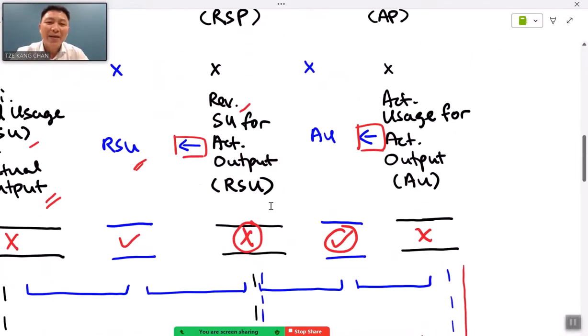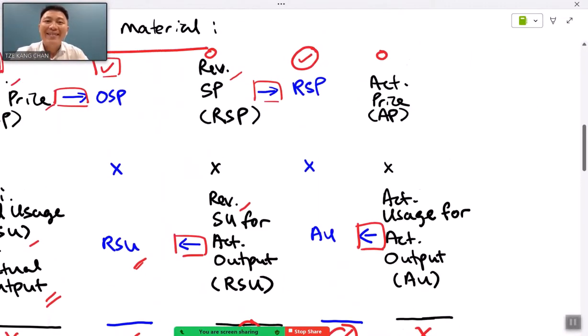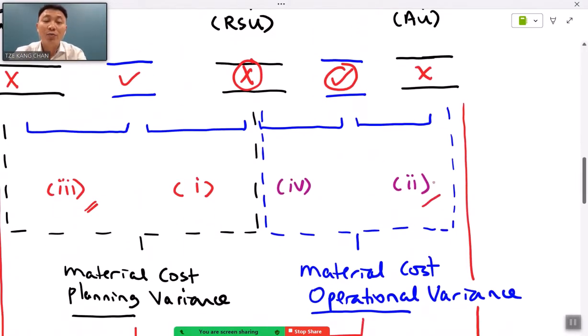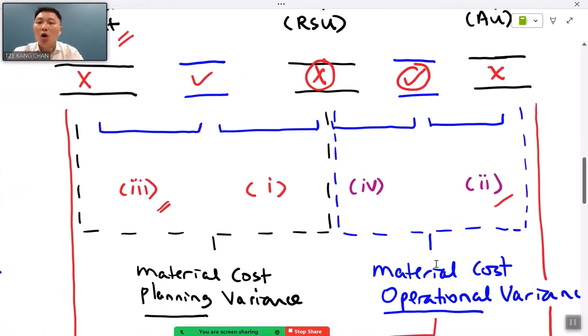Finally, comparing the value of the last 2 columns, that gives rise to the comparison of the pricing, which therefore gives rise to price variance. And based upon the revised standards, this is obviously the operational variances. And guys, again, there will be 2 versions of the formulas that are acceptable by the examination, and this is one of it. Finally, by combining the 2 of the sub-planning variances, it will give rise to material cost planning